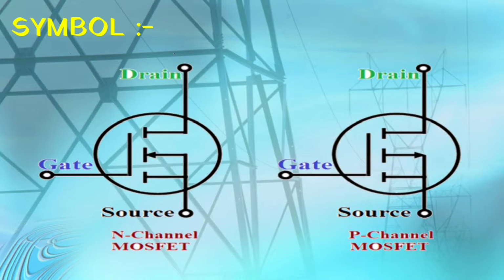As we know, MOSFET is a four terminal device with drain, source, gate and body substrate terminals. The terminal which is always connected to the source terminal is the body terminal, and hence MOSFET will operate as a three-terminal device. Now next we will see the classification of MOSFET.